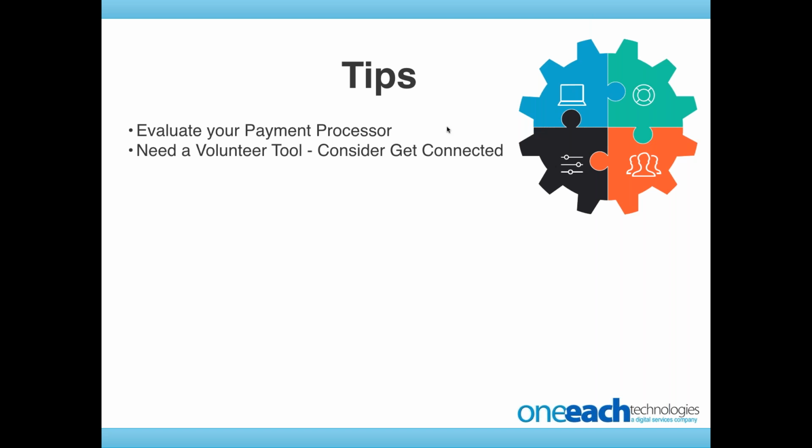If you need a volunteer tool, consider Get Connected. If you're a Get Connected customer, as soon as we get a little bit more of the interface going, we will be sure to bring it to your attention. Make sure you're keeping those newsletter lists up to date. Submit a support ticket if you want it more involved. Our support team can help you with more detailed newsletter questions. And like Emily said, one of the things we see a fair amount is they'll just turn it into a button on the homepage and have it land on a page that has a fully embedded, bigger list of questions for your newsletter sign up.